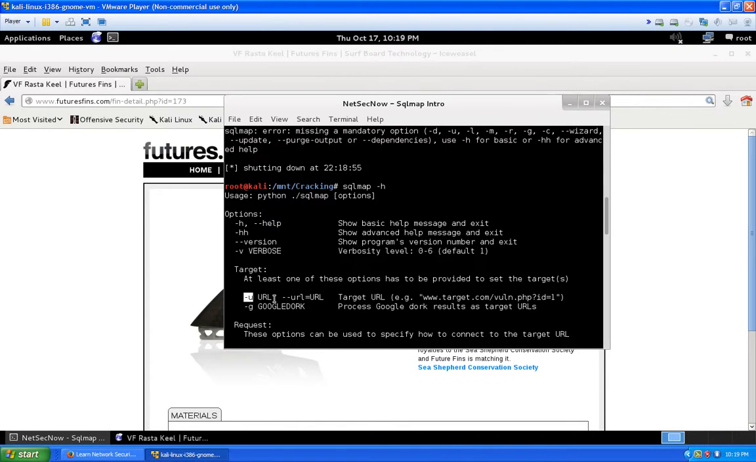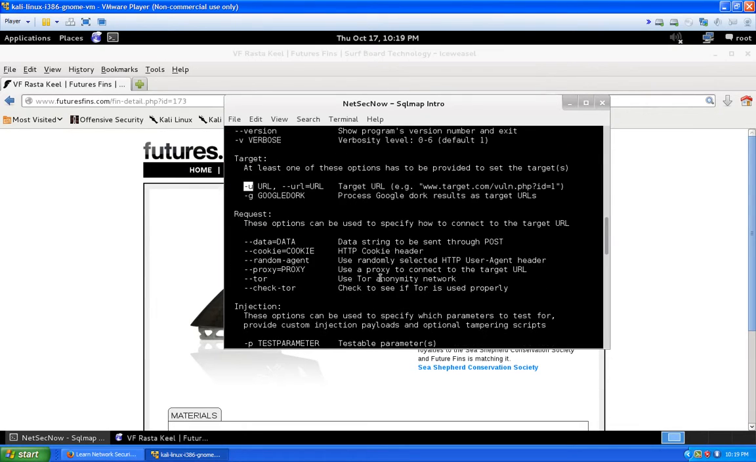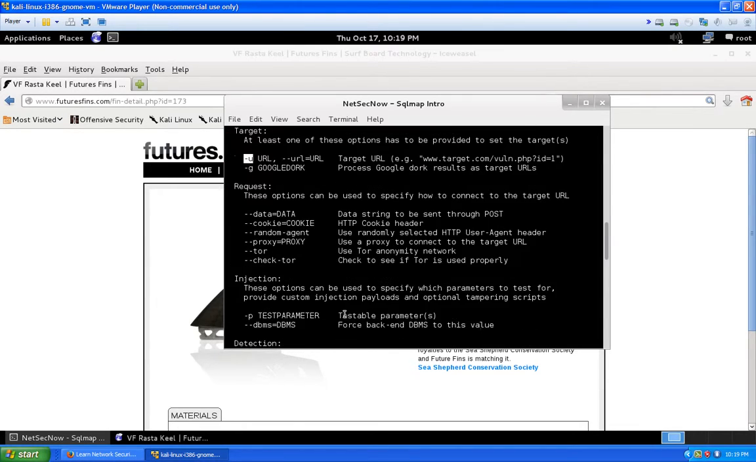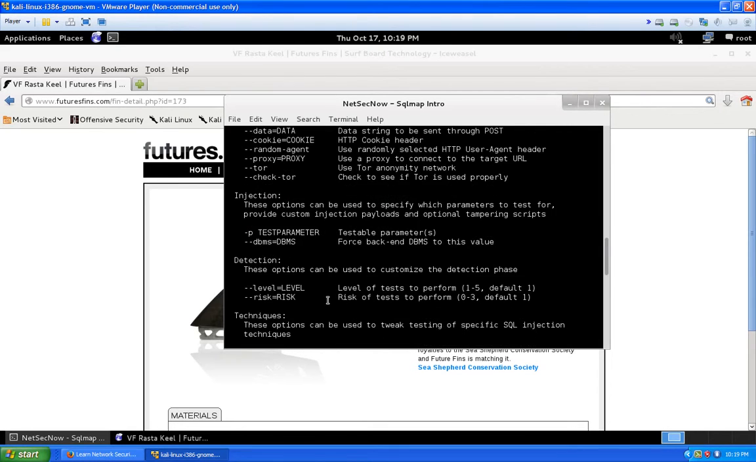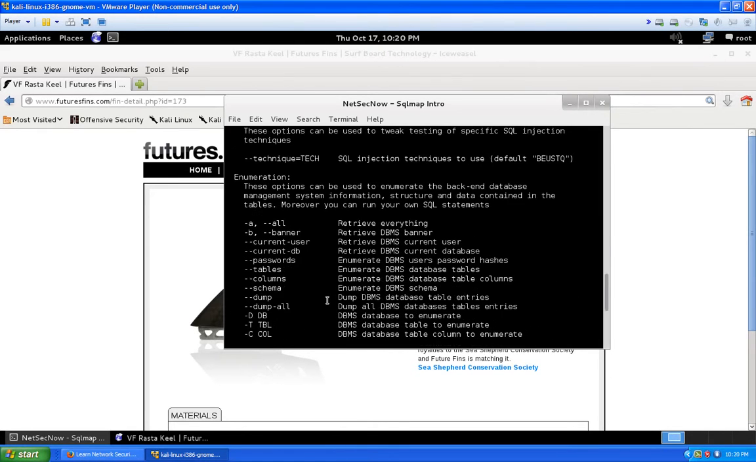So -u and then the URL, it looks like the syntax is afterwards. Example, target URL, so on and so forth. Okay. We're not going to be using proxies or anything like that. We're going to be focused on DBS, which,